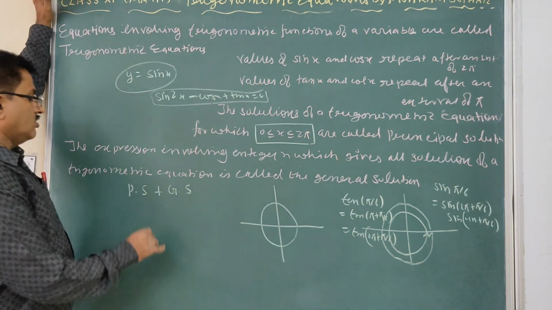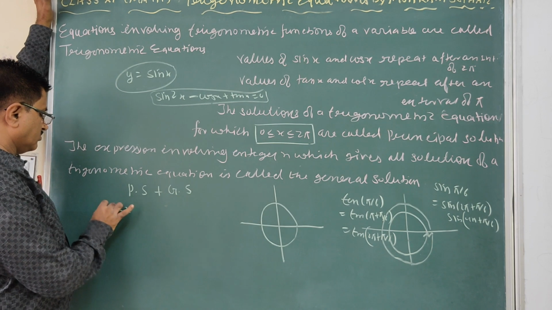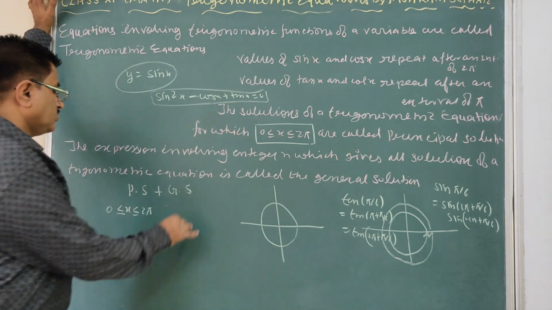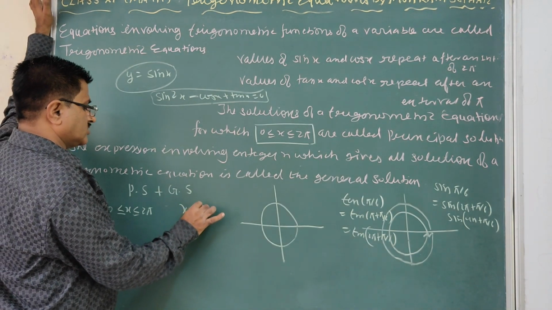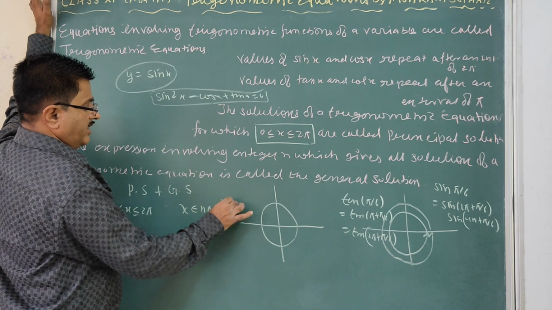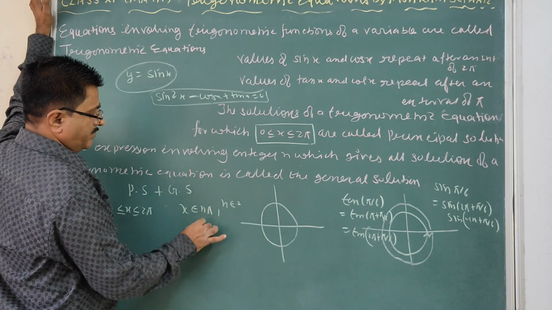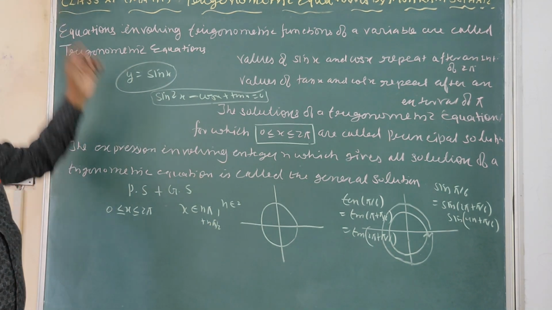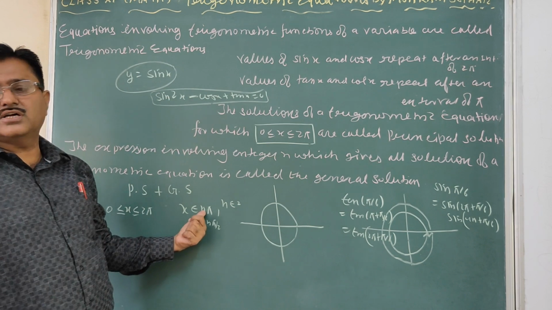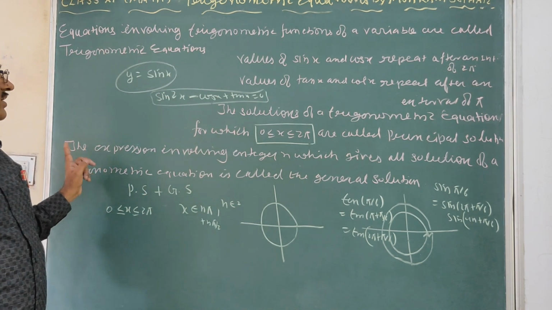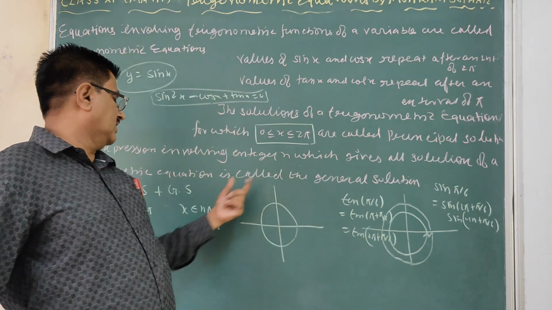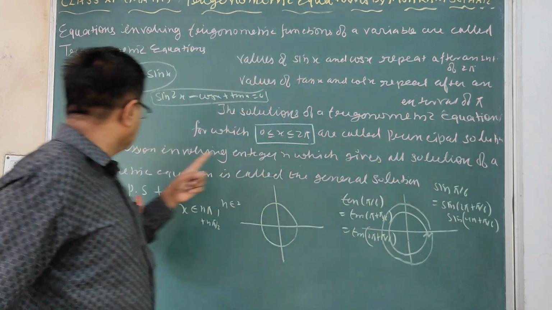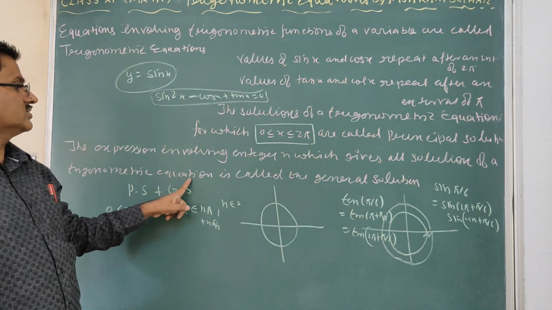So what is the principal solution? It is one in which the variable value lies between 0 and 2 pi. Clear? And the general solution can be any value, such as x belongs to n pi, where n belongs to Z, or n pi by 2, or maybe any value. Clear? So for that type of general solution, n belongs to the integers. So we write the expression involving an integer like this, and